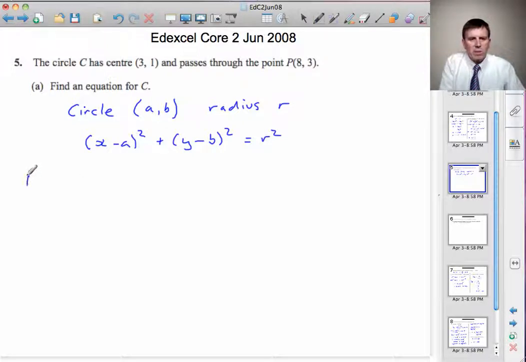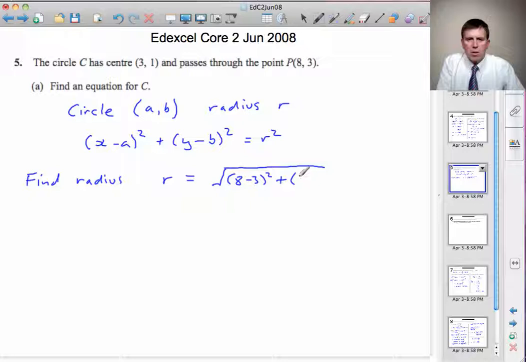So let's find the radius. The radius r will be given by the square root of the difference in the x coordinate squared plus the difference in the y coordinate squared. So it's simply going to be 8 minus 3 squared plus 3 minus 1 squared. So r is equal to the square root of 8 minus 3 is 5, squared is 25, plus 3 minus 1 is 2, squared is 4. So r is equal to root 29,